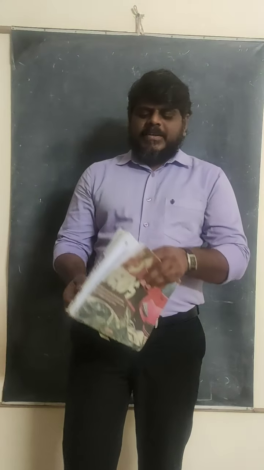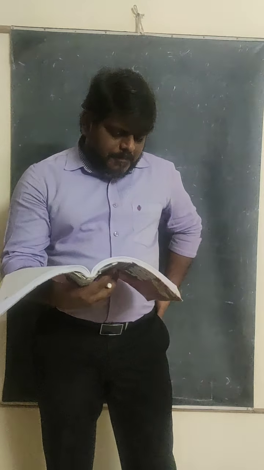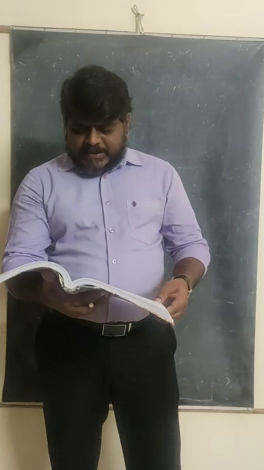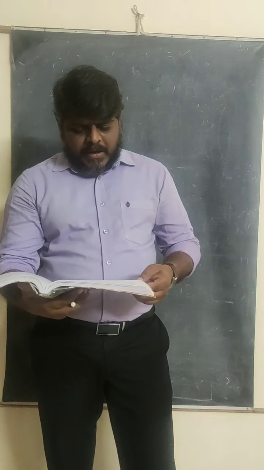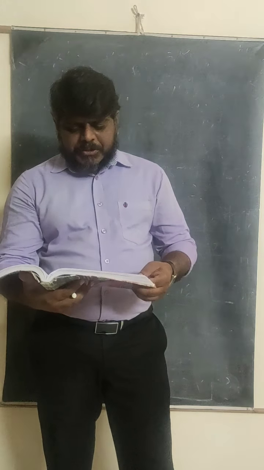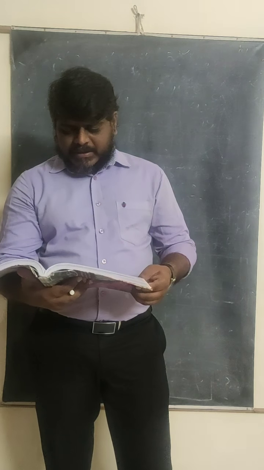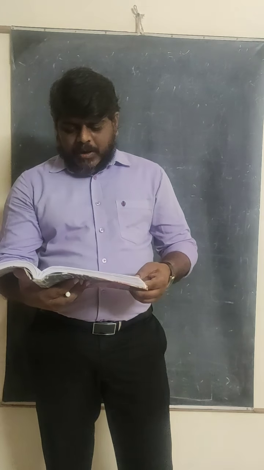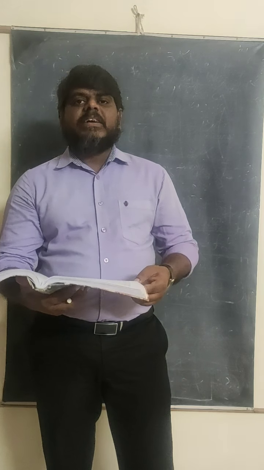Hello, welcome back students. In the problem, the focal lengths are given to you: the focal length of the objective lens and the eye lens, that is 1 centimeter and 5 centimeters. And the object distance is also given to you. It is given as 1.1 centimeters. And the final image is going to be produced at the least distance of distinct vision.